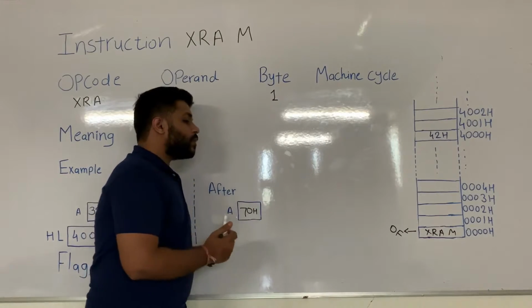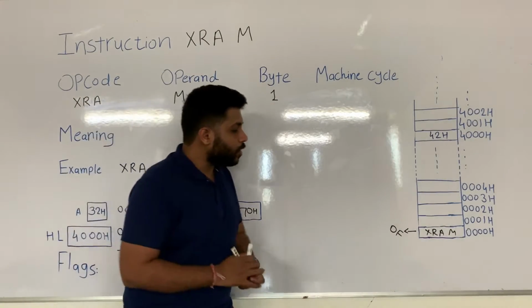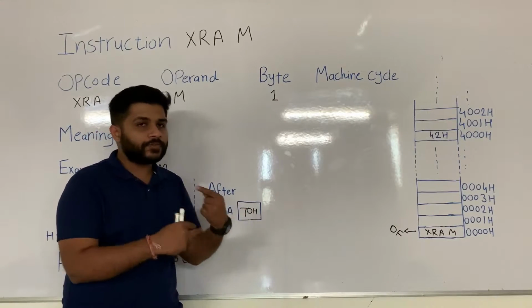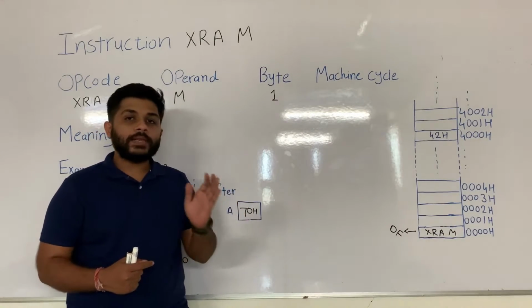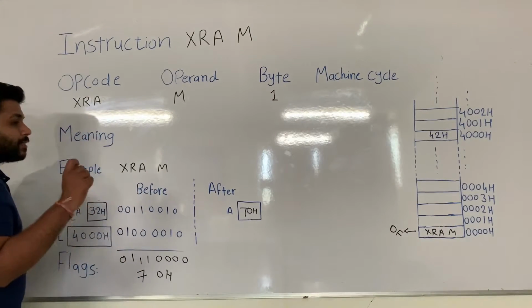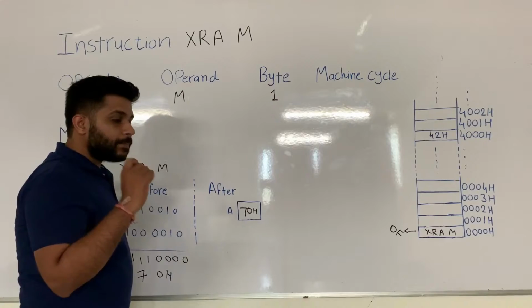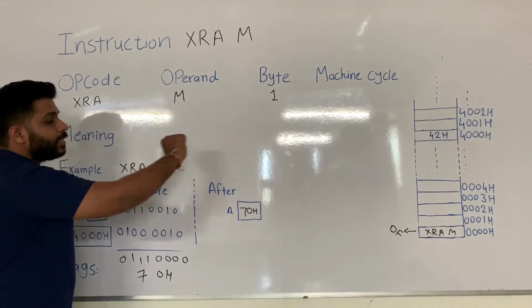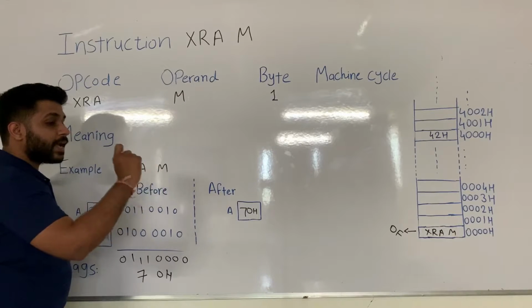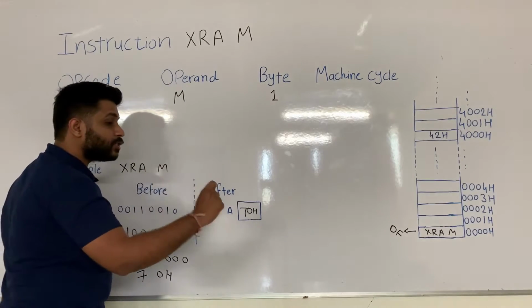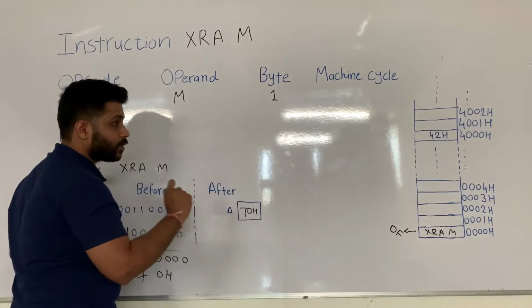When the microprocessor performs the opcode fetch, this whole instruction will be transferred to the microprocessor. After that, the processor will decode, and after that, it will execute. During the execution, a logical XOR is being performed between 2 numbers, the accumulator and the content of the memory location. The processor cannot perform any task in the memory location directly. The processor has to read that memory location first.